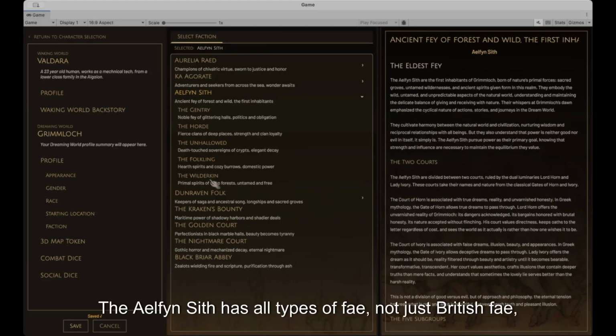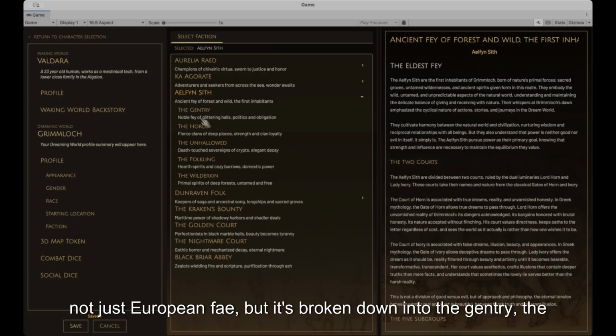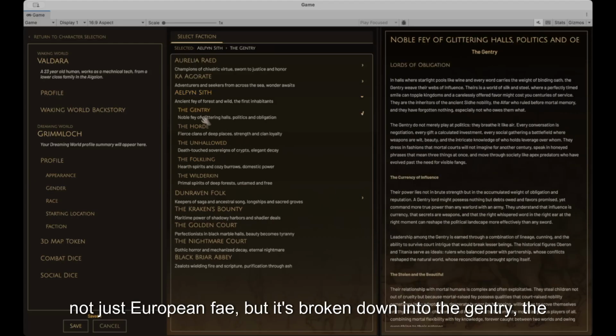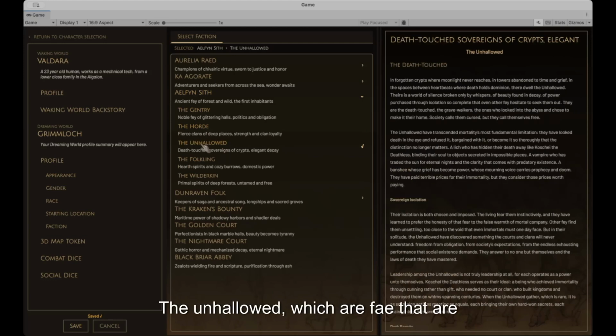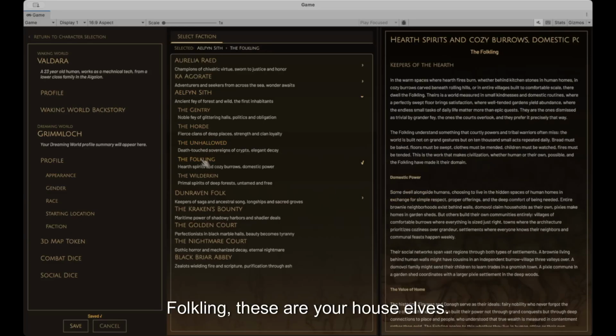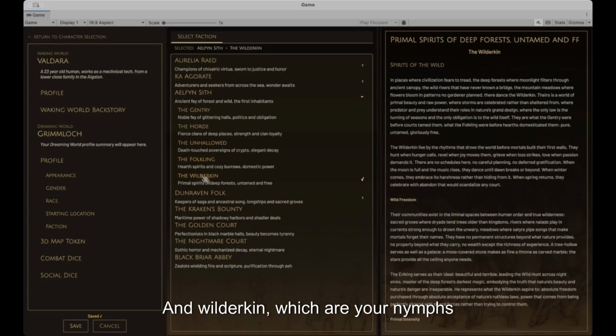The Aelfyn Sith has all types of fae, not just British fae, not just European fae, but it's broken down into the gentry, the court fae, the horde, which are your more tribal, like your goblins, the unhallowed, which are fae that are associated with death, such as the Bina Sheath or the Lima Sheath, so undead. Folkling, these are your house elves, and Wilderkin, which are your nymphs and other types of nature fae.